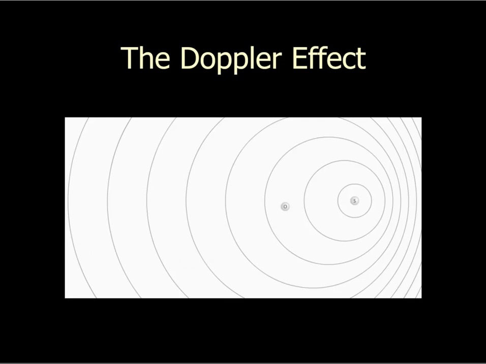Another thing that works because light is a wave is the Doppler effect. The Doppler effect is a shift in a wavelength because something is moving. You have all experienced the Doppler effect with respect to sound, right? You're standing along the road and someone goes past you just blowing their horn constantly, right? As they pass you, the pitch of that horn is going to change. You've all heard this.